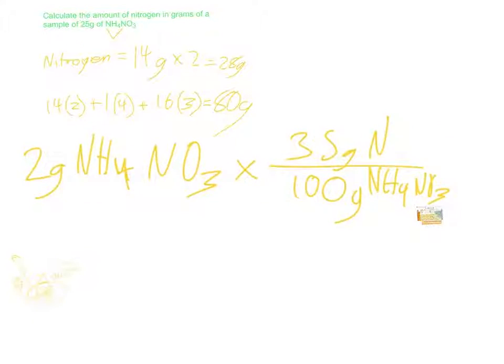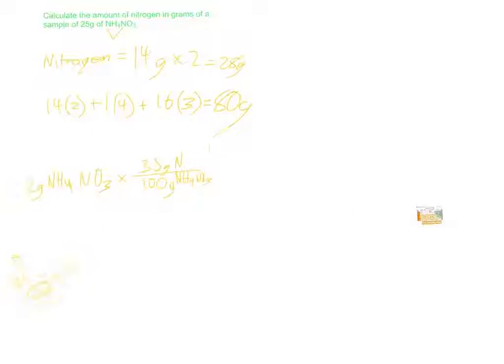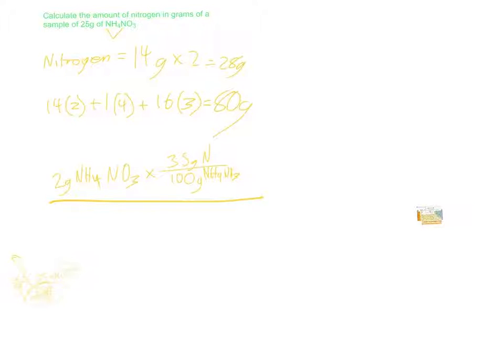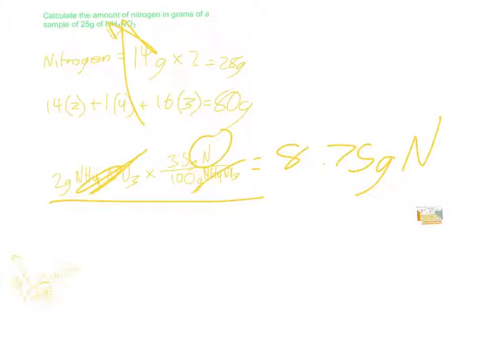Okay, so now that we have that equation, we solve it. You cross these out because they're the same, and then you're left with grams of nitrogen. So it's 8.75 grams of nitrogen in 25 grams of